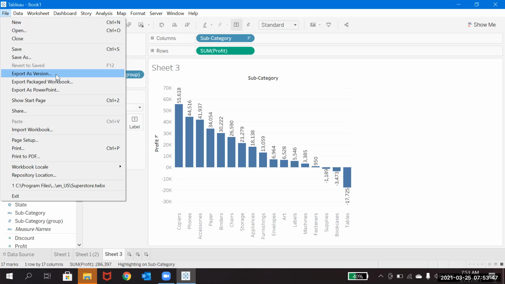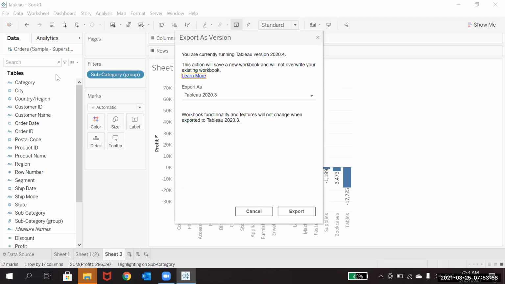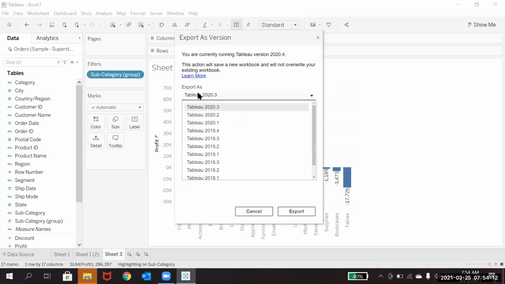In such a case, what you can do is export to that lower version. If you click on it, based on your current version, it will display the lower versions of it. Which version you would like to export, and you can send it.